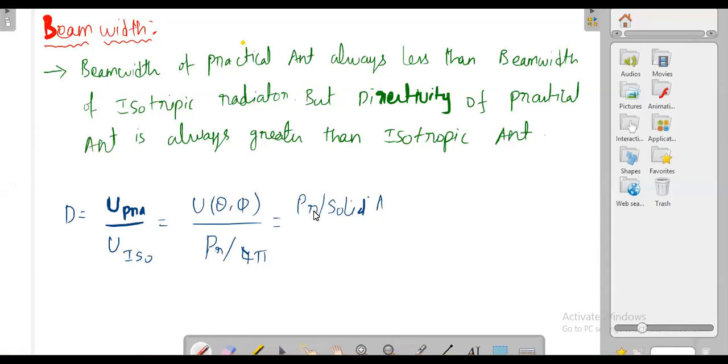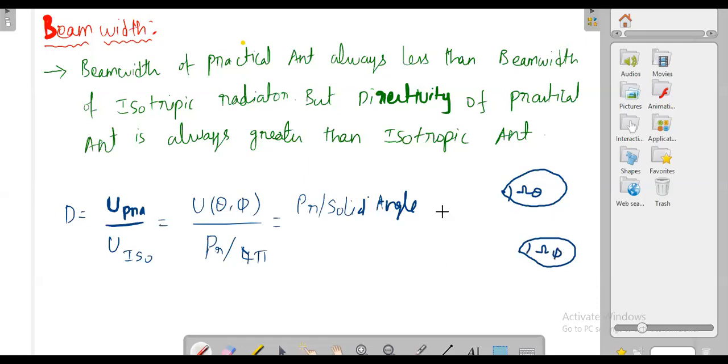But for a practical antenna, we do not know what the solid angle is. It can be anything, because if the practical antenna radiates in this direction, then here I have drawn it in 2D, but please imagine in 3D, then you'll get some solid angle. There are two planes, and in both planes you have a radiation pattern, like a vertical plane and a horizontal plane. There also you have to calculate the beam width. So you'll get two types of angle, one calculated at theta and another calculated at phi.